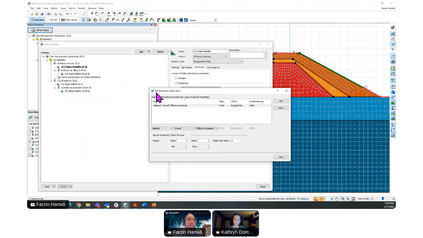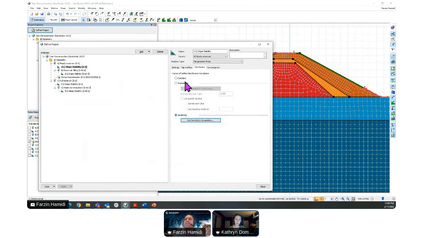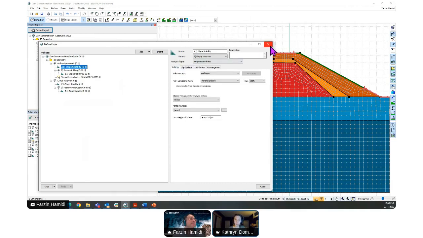Yeah, unfortunately, the sensitivity analysis is only available in SlopeW. So we have both probabilistic and sensitivity analyses built into SlopeW. But if you're asking about the other products, they're not built in, and so you would have to run a PEST analysis. We have some information on how you could do that using GeoStudio and PEST to calculate the probability of a certain instance of something. So if you need more information on PEST, it can be found on our website, or you can always send in another question and we can get back to you on that.